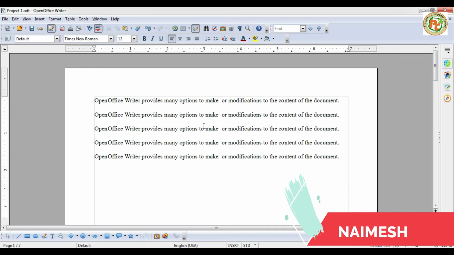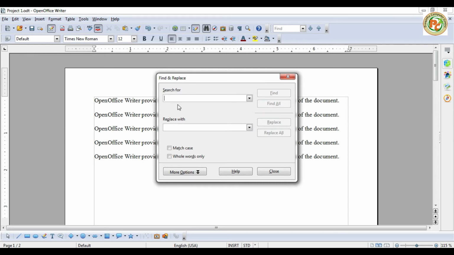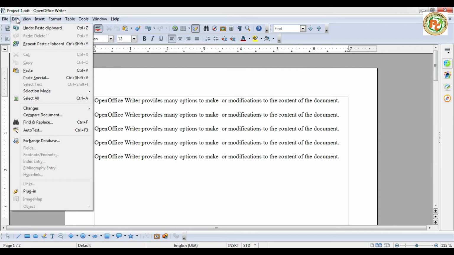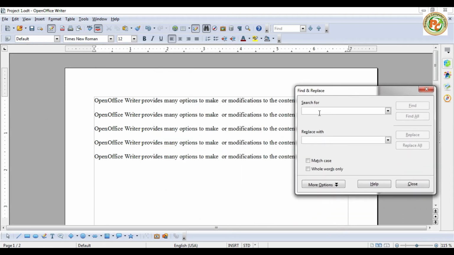To find anything, we can press Ctrl plus F from the keyboard, then you can see a dialog box will appear. And second, you can click on the edit menu, and from there you can find the find option here also. Here we can see find. Now here it will ask you two things, search for what, meaning which word you want to find. So here I want to find the word make. Here two options are there, find and find all. So I want to click on find all. So how many makes are found here? 1, 2, 3, 4 and 5.